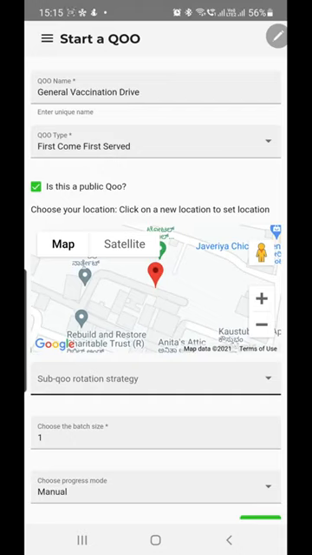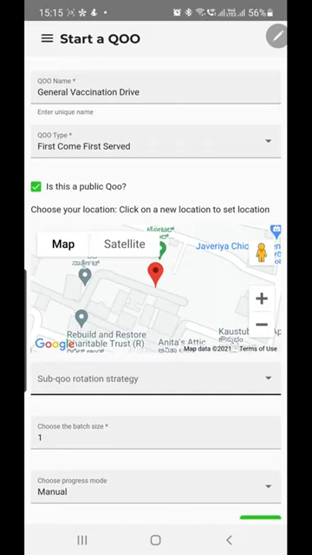Let's say this vaccination drive is your main queue, and you want to have subsequent queues, like for billing, or you have many vaccination shot administers, and each one has its own queue, right? So those are sub queues of this main queue, right?